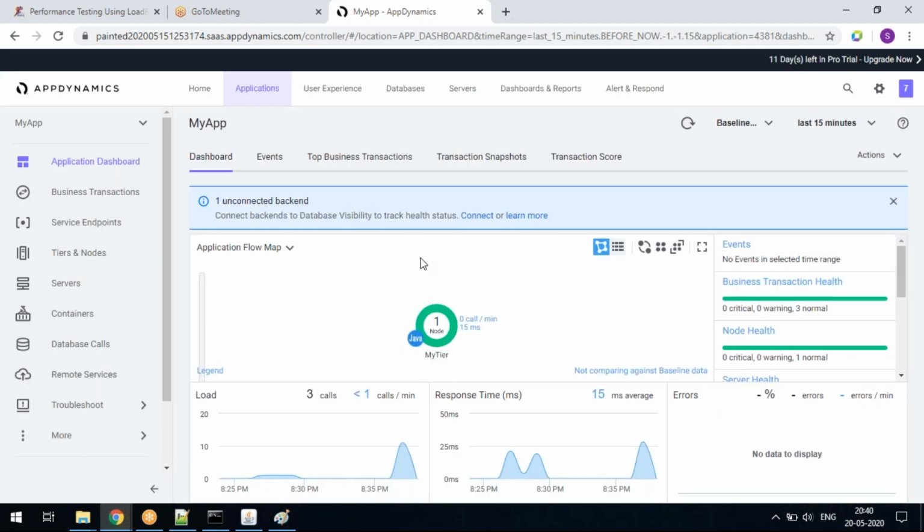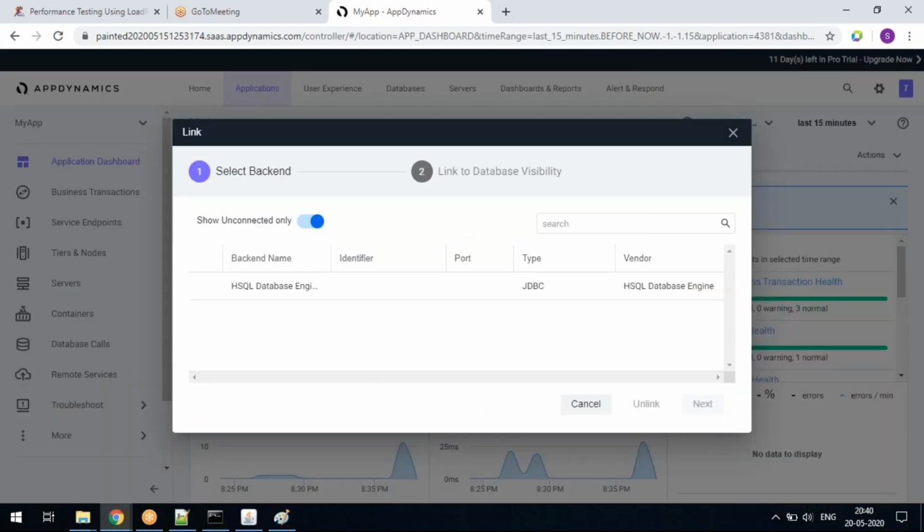Mention in short what embedded DB means. Embedded DB means inside your application code itself, the DB code is also there. It is not separately written. The DB queries that you are writing are inside your application logic itself. That is called embedded DB. See, in the realistic world, there will be an app server and a DB server.